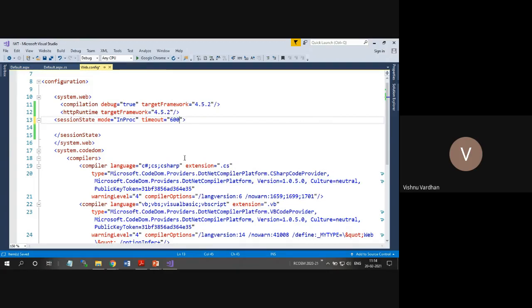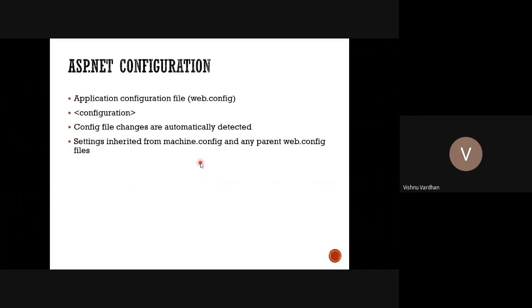Okay, and you can simply set it by putting the value converted into minutes. So session state maintains the timeout by converting it into minutes. Okay, so by default if I have not done anything, the basic setting will be 20 minutes. So for 20 minutes your session will remain valid and the user will not be logged out, but after 20 minutes of timeout it will throw you out of the logged in session. So all these settings we can generally apply from the configuration file.